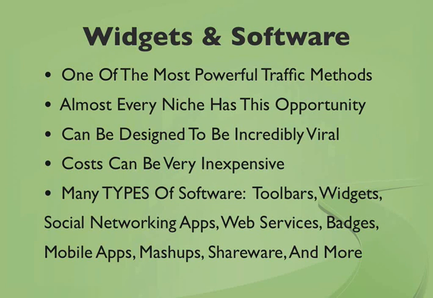Now, there are many types of software. I've already mentioned a few of these, but here are a few others that you may or may not know of. Toolbars. I mentioned StumbleUpon has that toolbar. Google has one. You can have your own toolbar if you want. We're going to talk about that on the CD. You can have a toolbar for cat owners. And there's a lot of this type of stuff out there on the internet. And it's not being used by millions and millions of people. It may only be used by hundreds or thousands of people. But that can still bring a lot of traffic to your site and give a lot of value to your prospects and your people.